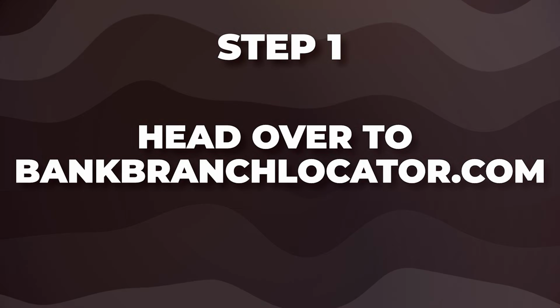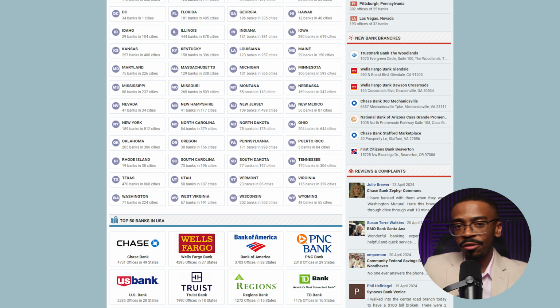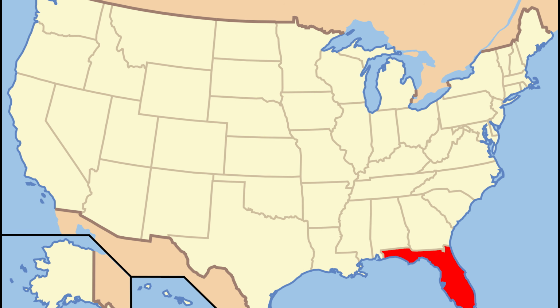So with that being said, if you want to create a funding sequence with tier 2 and tier 3 banks, here's a simple step-by-step process that you can follow to do so today. The first step is you're going to head over to bankbranchlocator.com. This is by far the best online database to leverage when looking to form relationships with banks. You're going to be able to see every tier 1, 2, 3, and 4 bank within 1, 5, 10, and 25 miles of whatever city or state that you're in. Doesn't matter if you're in Nebraska, Texas, New York, Florida, Cali, wherever you are, this database is going to find banks that are for you and by you to get to that bag. Now, you're going to use this database to identify all the tier 2 and tier 3 banks in your area,